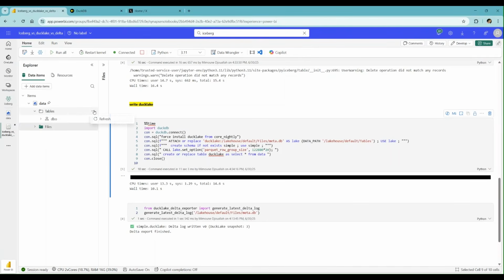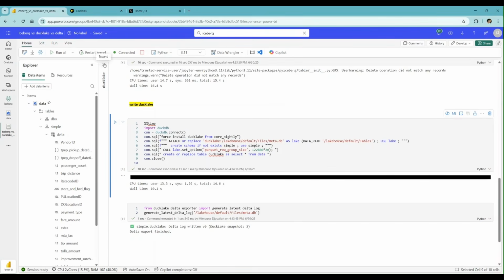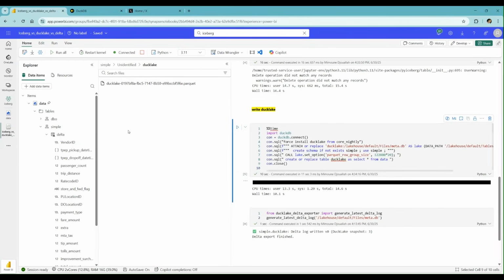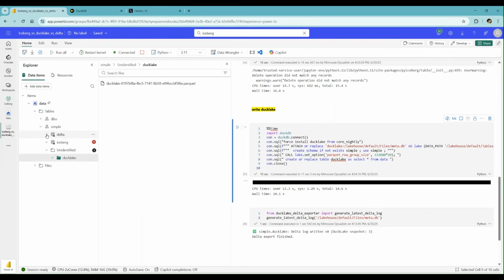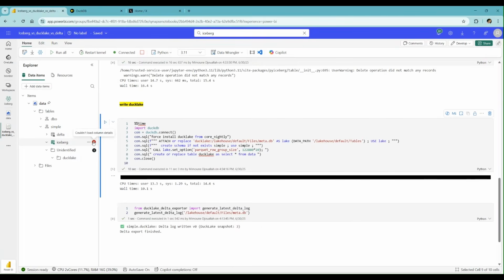All right, let's refresh. Okay, as expected, we got three tables. We have delta table, and we have the ducklake, which the Explorer doesn't like because it's simply Parquet file. Iceberg, it's not there yet, at least in this particular use case. If you write from Snowflake, it works fine, but using Pyiceberg,